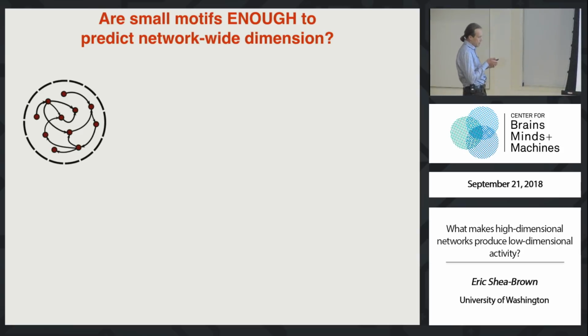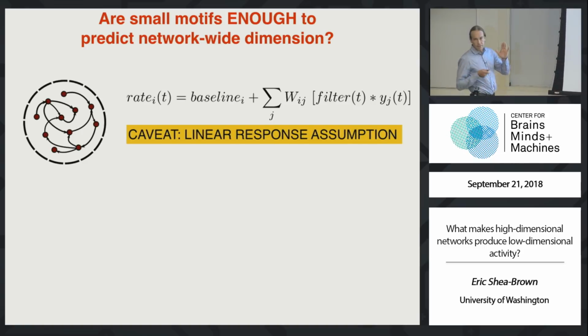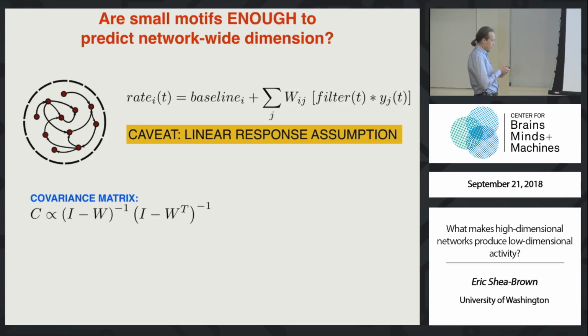All right, so I'm walking up to a general neural network like this, and I want to know what the dimensionality, again, is of the activity that it produces. Here's my model for its dynamics. This is exactly what I showed you on the third slide. Here's my honesty point in yellow. It turns out that for these type of systems, we chose them because they're widely used neural models inferred from data, and also because they are analytically tractable.